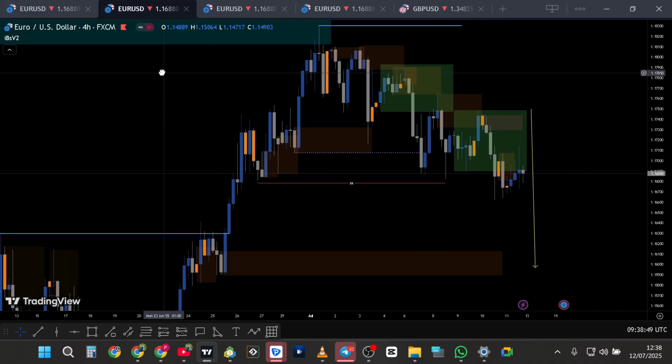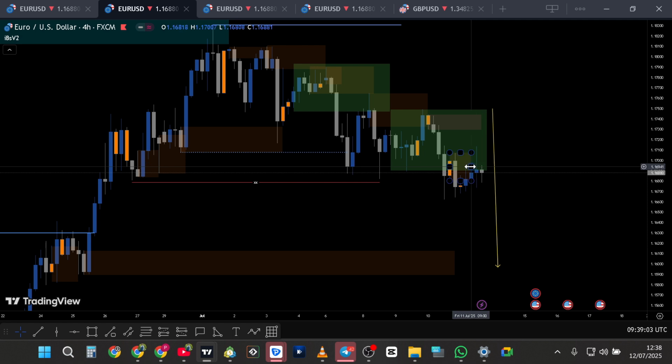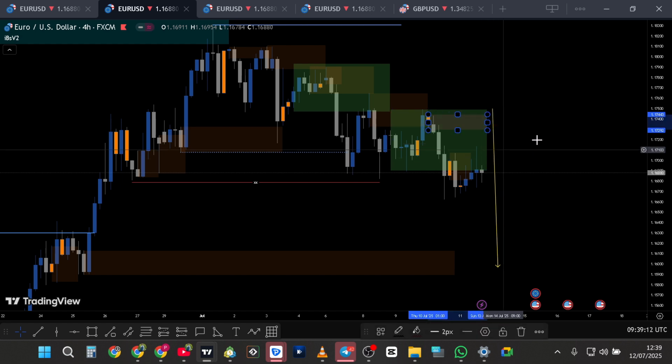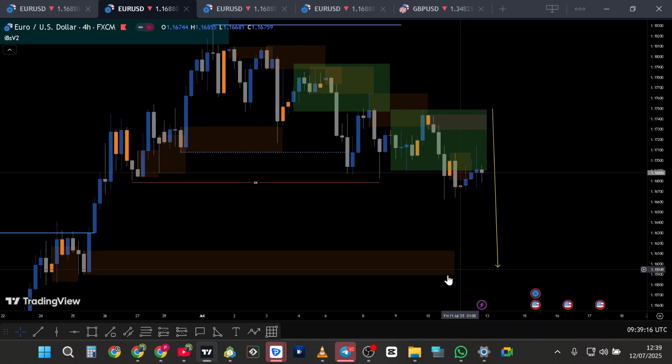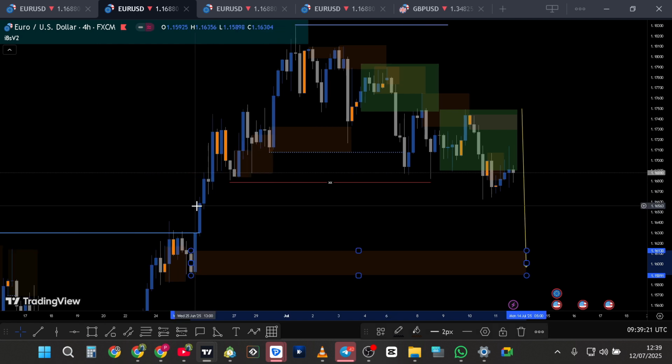4-hour, we had a change of character, but it was still too far, as you can see right there. But yes, after that change of character, we had some few areas of supply that were to be mitigated before continuing to the downside. So what I'll be eyeing is maybe, yes, it has violated this supply, and for me, it has left the supply open, and maybe it could be coming back up there to come and mitigate it and continue to the downside, because if you check very closely before the break of structure of the last high right here,